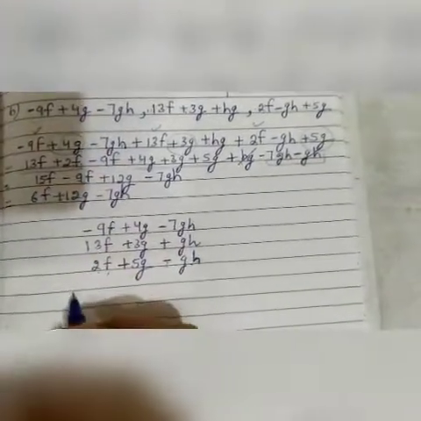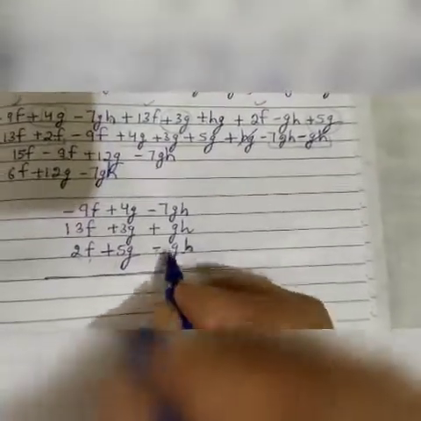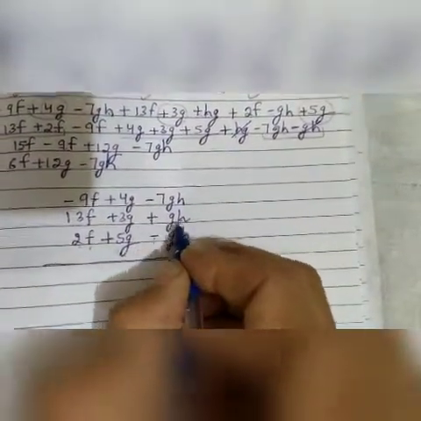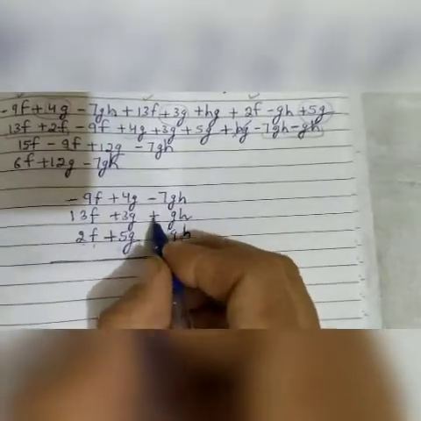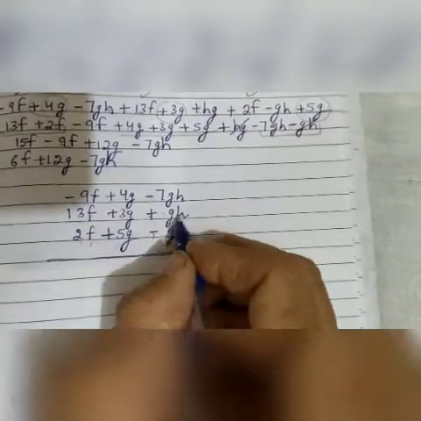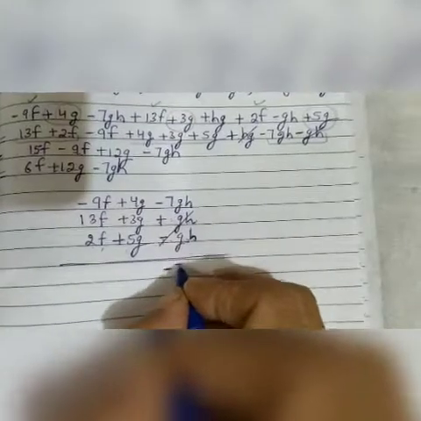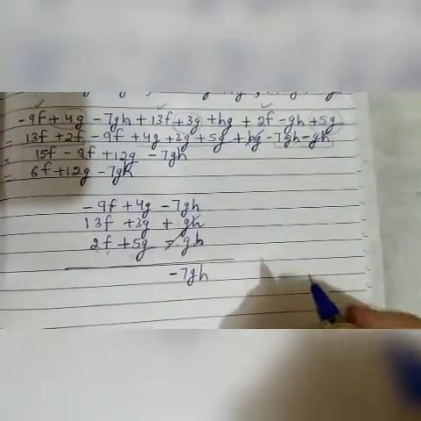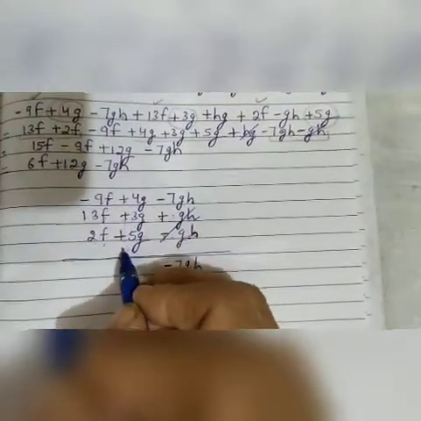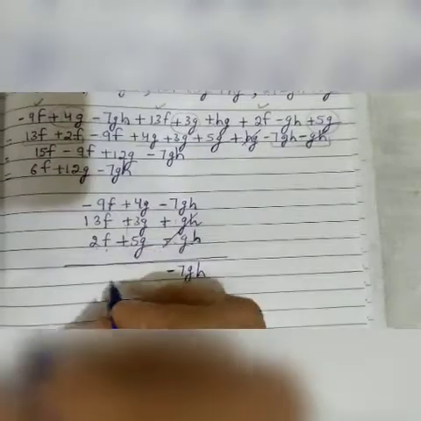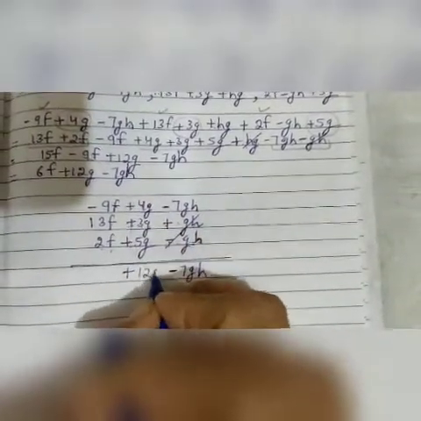Now we will solve these three algebraic expressions. Again see here, this is plus gh and this is minus gh. Plus gh minus gh, different sign, same number. It is 1gh, it is 1gh. Both are cancelled. So what is left? Minus 7gh is left. Now plus 4g plus 3g plus 5g. All three are plus, so all three numbers will be added with plus sign. 4 plus 3, 7. 7 plus 5, 12g.